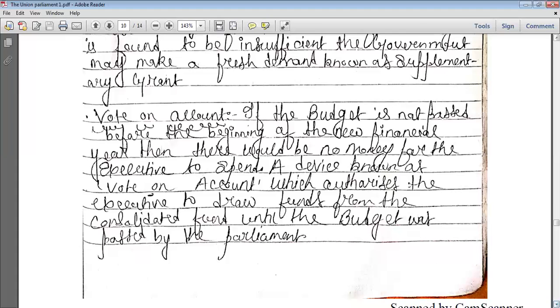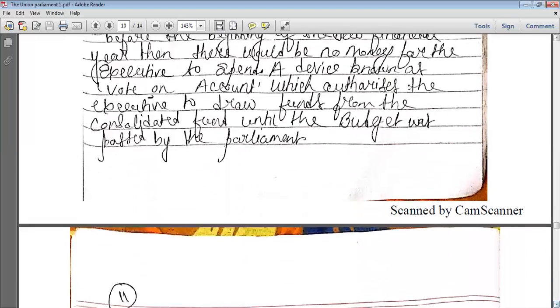So we can see here that budget was there in the consolidated fund from where the salary of the minister was given, and whenever the government feels that it is an emergency situation, it is not possible to run the country properly, then the government can take fund from the consolidated fund to run the country and to run the activities of the parliament. Okay.